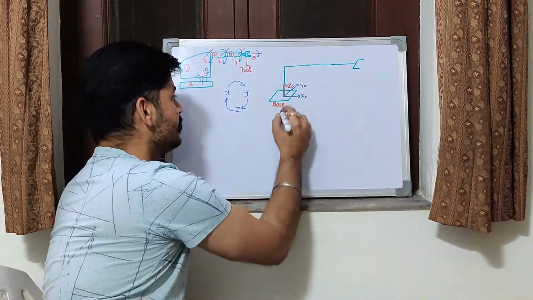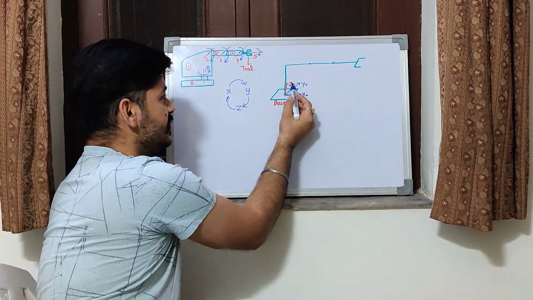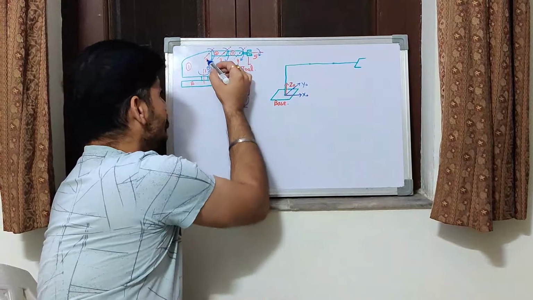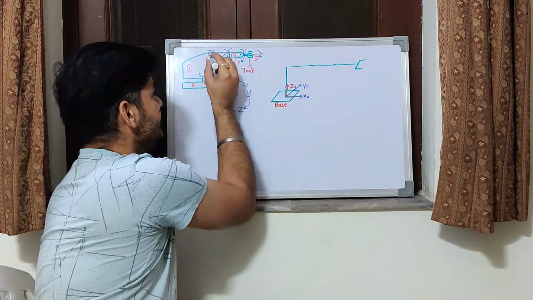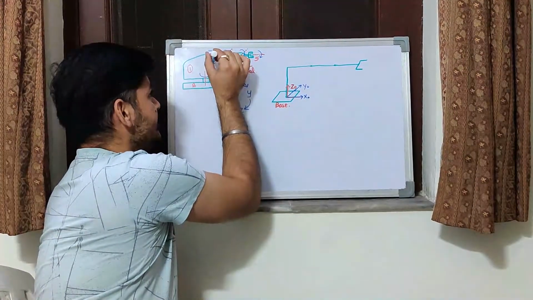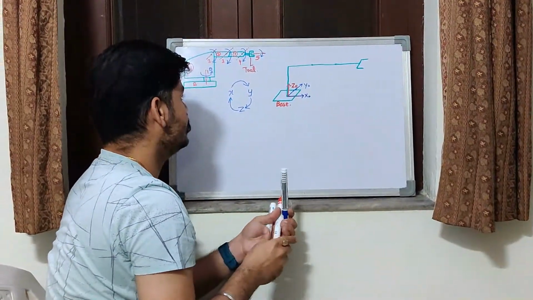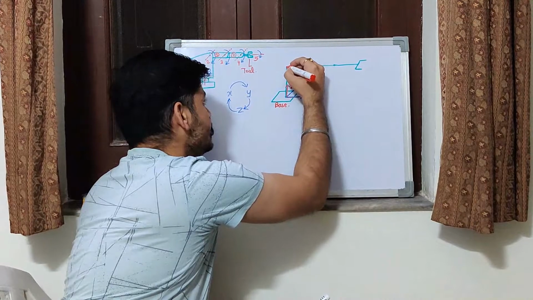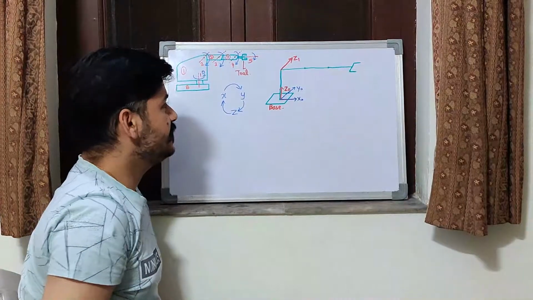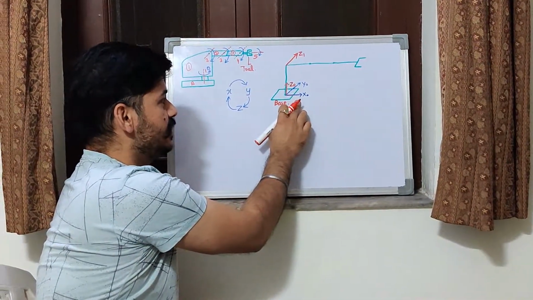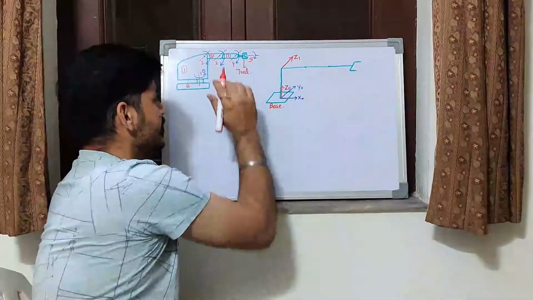Now moving to the next coordinate frame. Similarly, as we have done in the first case, the z-axis will point towards the joint axis. Over here you can see at joint 2 we have the joint axis that is perpendicular to the board. So we are pointing the z-axis towards the joint axis. You can see here this will give you z1. So this is the first coordinate frame, and this is the 0th coordinate frame. Similarly, we have assigned the z-axis as the joint axis.